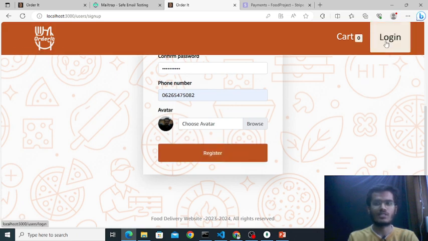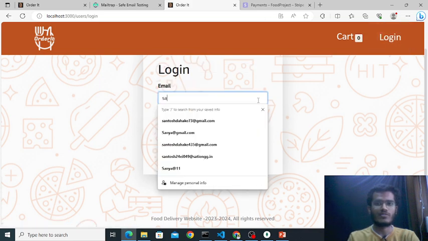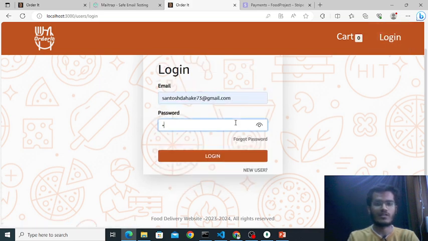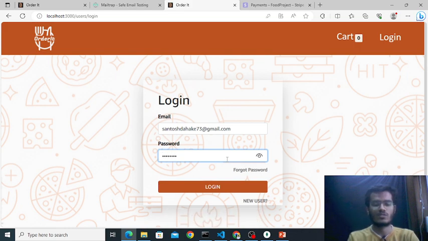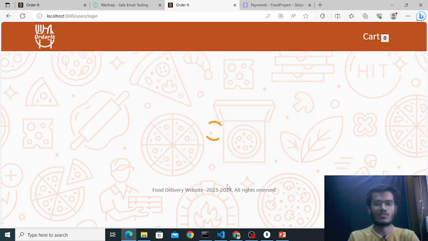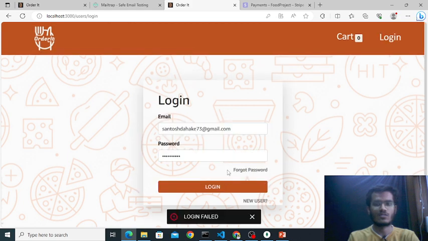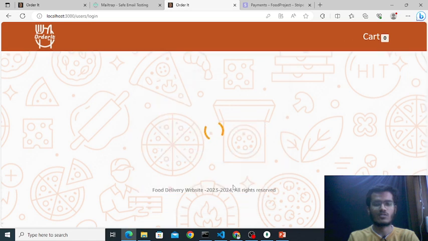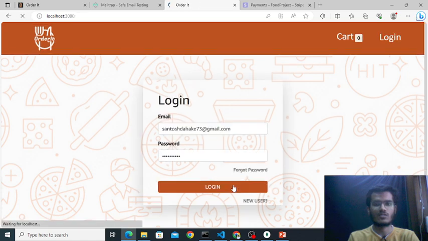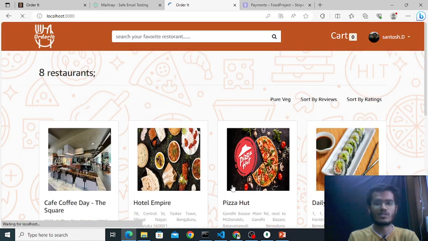After registering, if I click the login button and fill in my mail and password, it shows a wrong password message for an incorrect password. Yes, I have logged in successfully.